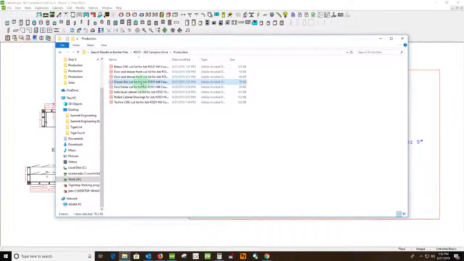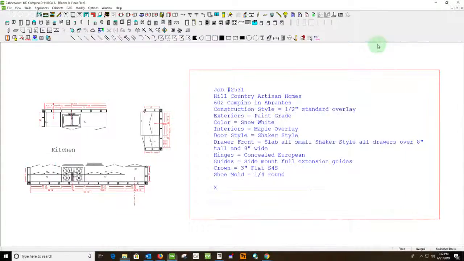Here's the drawer box report that we just created. The last things we need are the component reports. Minimize your window and minimize the Cabinetware